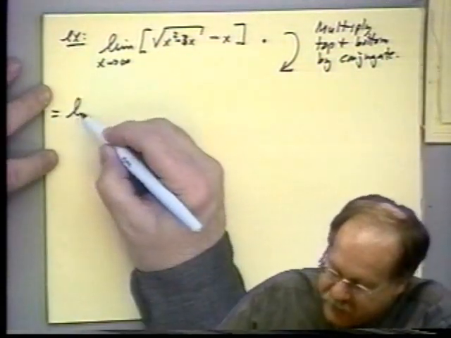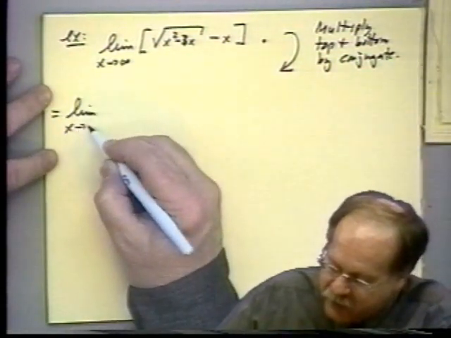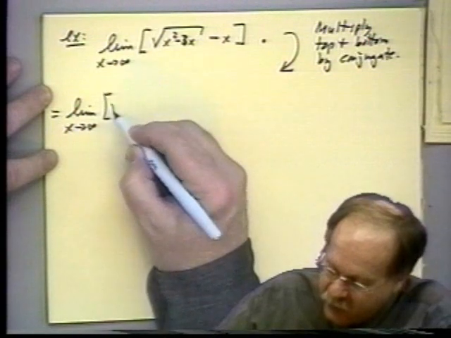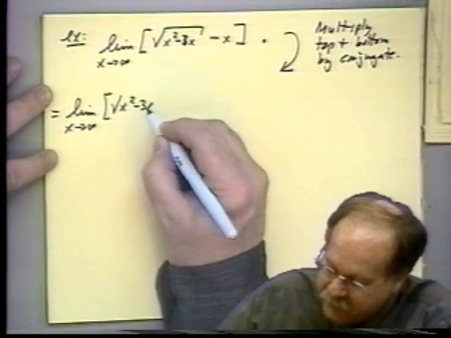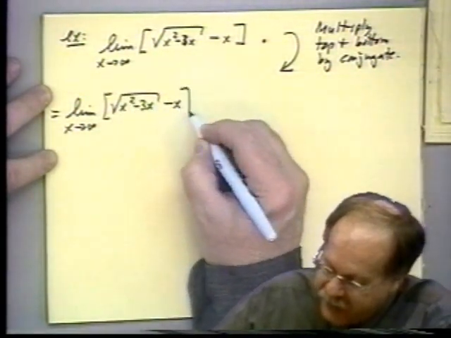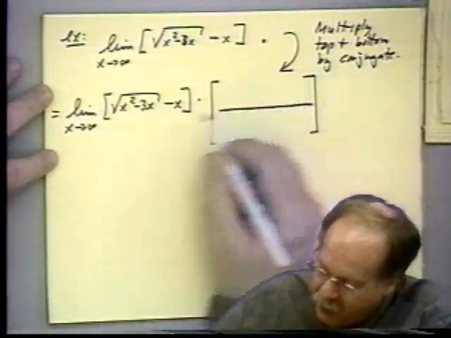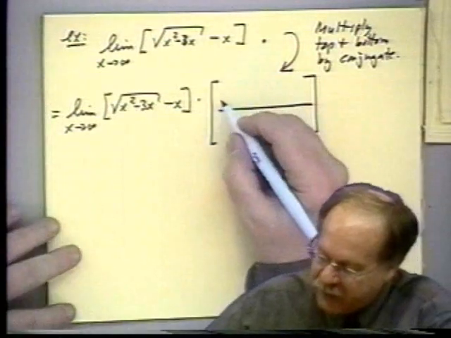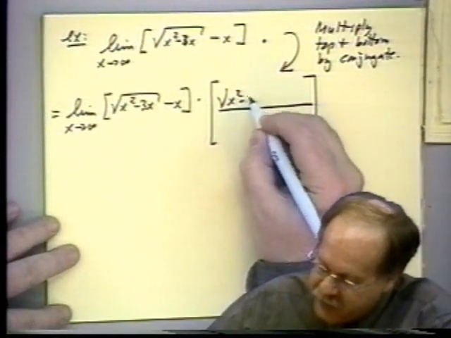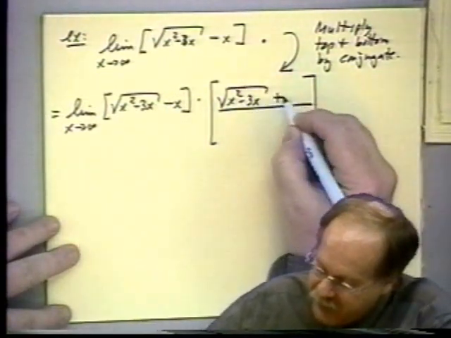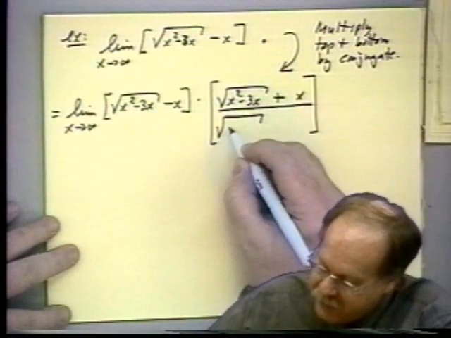So that gives us this. As x goes to infinity, let's write the original expression down here, minus x, and multiply now by the conjugate of that expression, which is this expression with a plus in the middle. So this is the square root of x squared minus 3x plus x. And the same thing on the bottom,